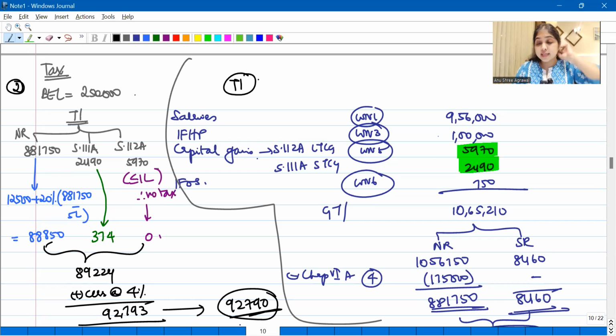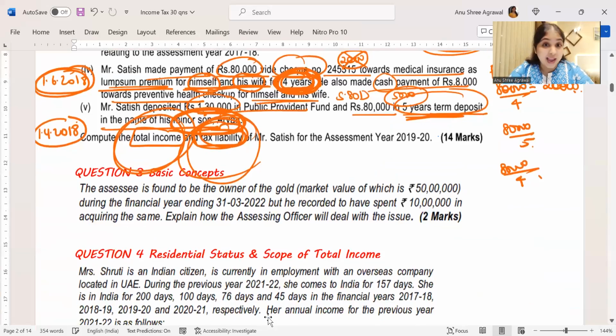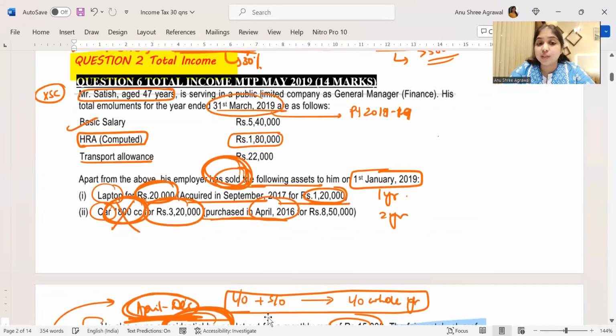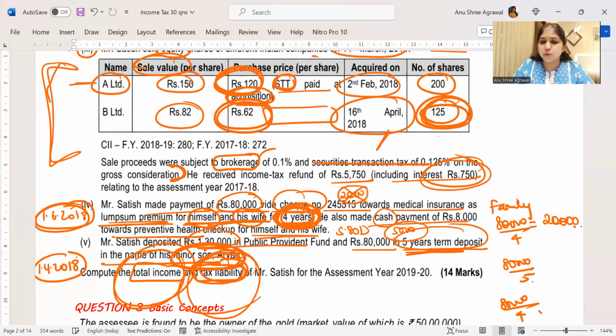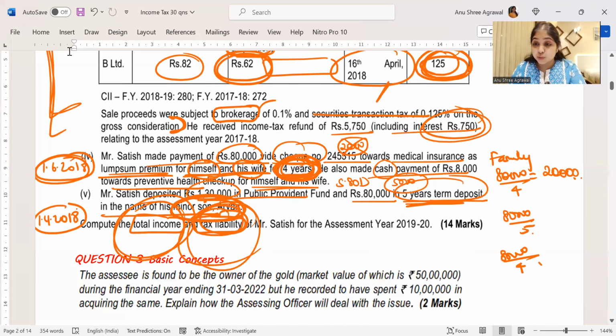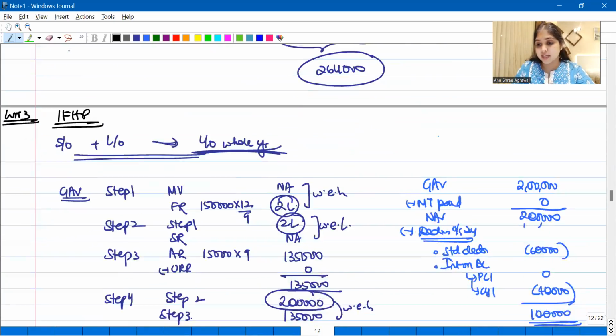Are we clear with this? Yes, that is it with the second question. A very, very interesting question, and I would say a question which was filled with a lot of learning. Starting with this point, I'm supposed to take the fair rent not only for the let out period, but for the whole year. I will treat it as if let out for the whole year. This was my first learning. My second learning was a capital gains adjustment. It was a beautiful adjustment filled with learning in capital gains. And then ATD, I think that was a very good learning for many of you regarding the lump sum point. So that is it about our entire discussion regarding the second question.